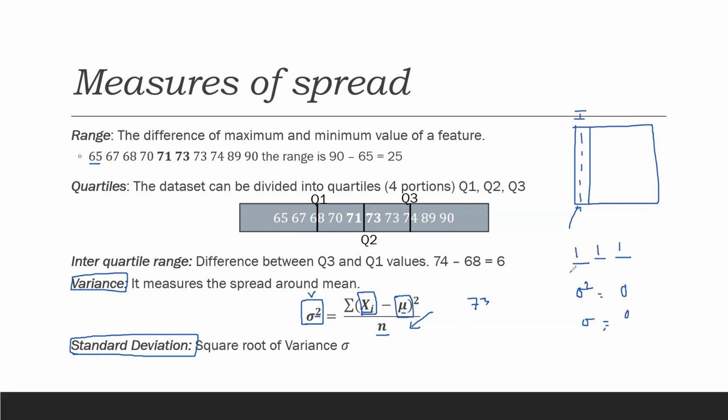So when you see any such columns where you have variance equal to 0 or the standard deviation is equal to 0, it means that it is not going to impact your model in any way. Are you with me? There is no variance in the data set. So these columns can be dropped by default. Say, for example, if you're trying to write an automated pre-processing step, and you notice that there are a couple of columns where you do not have any variance in the data, just go and delete it.